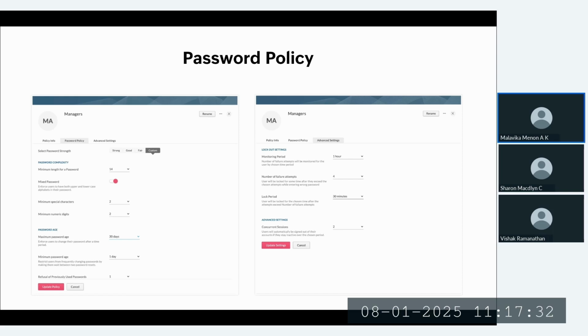So these are some of the wide range of password policies that Zoho One has to offer. Most of us might wonder, is just setting a strong password for my account enough? Is it good enough? To an extent, to be frank, it is. But the additional recommendation that we from the Zoho side suggest is that you should have